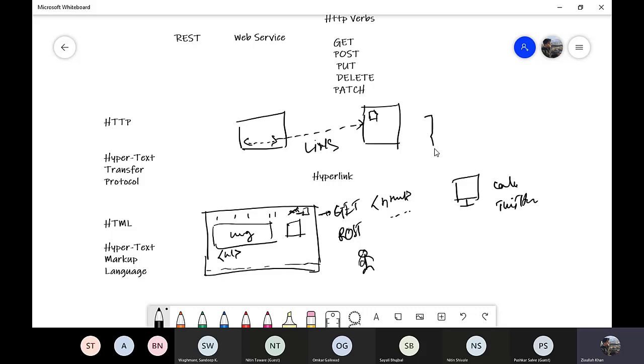So what we have seen using the MVC project, in the beginning of the week, we created web applications. These web applications, they have two categories. One is Razor pages, and the second is MVC application, where we add the model, view, and the controller. The controller is the mediator sitting between model and the view. But these technologies eventually generate an HTML document, and that HTML document is transferred over wire to